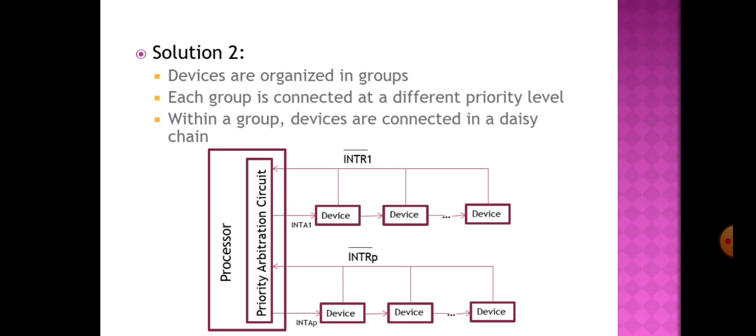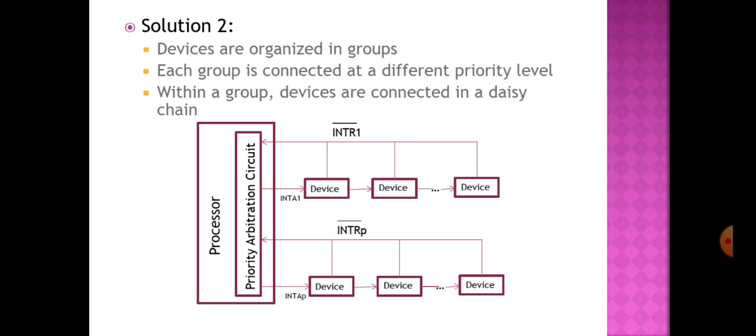If devices from different groups request interrupt service, the priority arbitration circuit finds the priority of devices and it passes the interrupt acknowledge signal to the corresponding highest priority group. The first device in that highest priority group receives the interrupt acknowledge signal and then it proceeds like